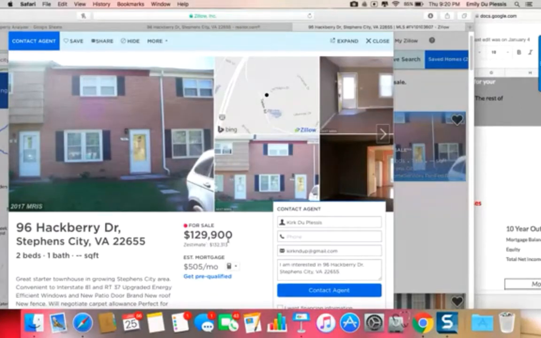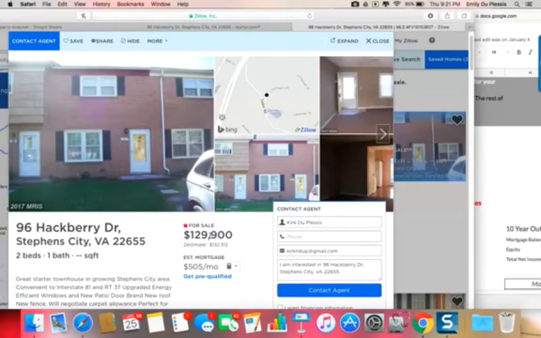Now, I'm going to stop here for a second and try not to get off on a tangent on one of my topics I love to talk about, which is learning your market and having a pulse on your market so you know when a deal pops up. But I would say that if you are just getting started and you're looking at properties and you have no concept of the listing price as opposed to a comparable,